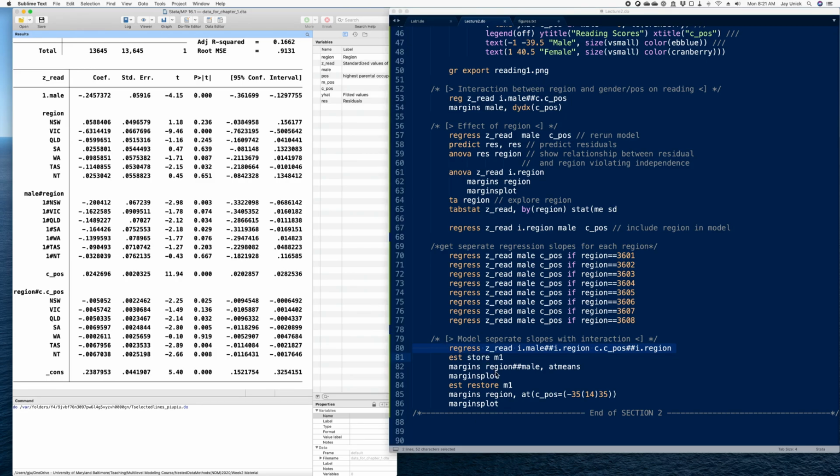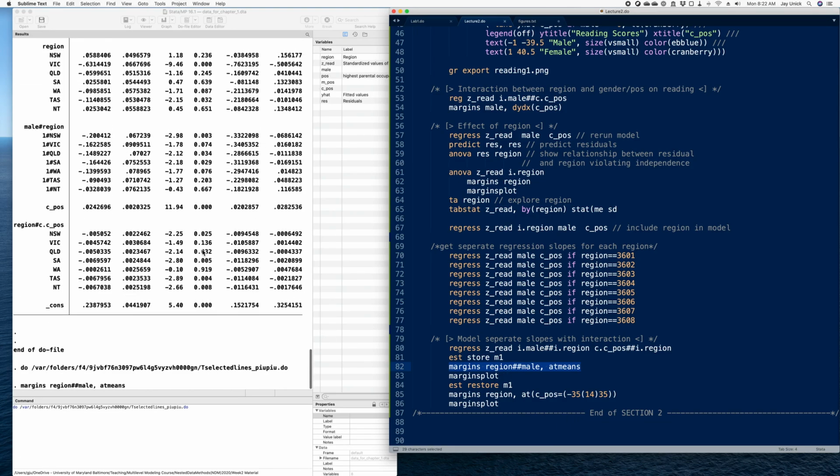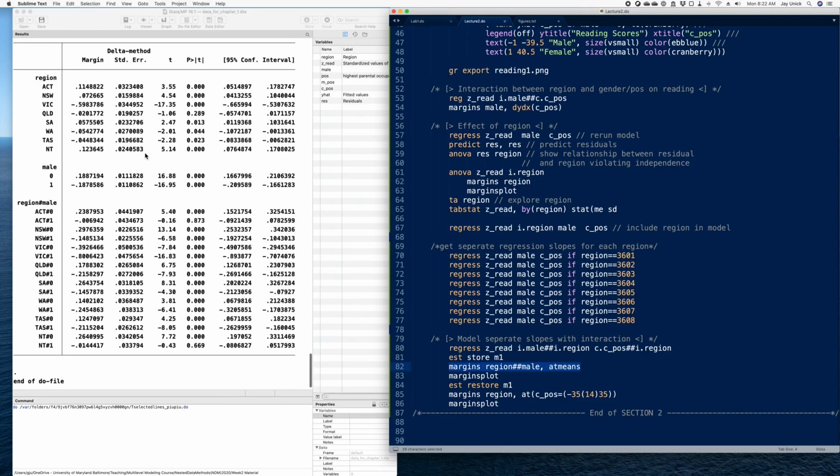So this is where we use our friend margins. I'm just storing the estimates here because margins wants the stored estimates, and it's easier to do that than rerun the regression. And that's a tool that we'll use a lot. So when I run regression, I just store these estimates so I can call them back. But here I'm running the margins command, and I'm saying I want to see the marginal means for this region by male interaction. And when I run that, what I get is all of the values for,